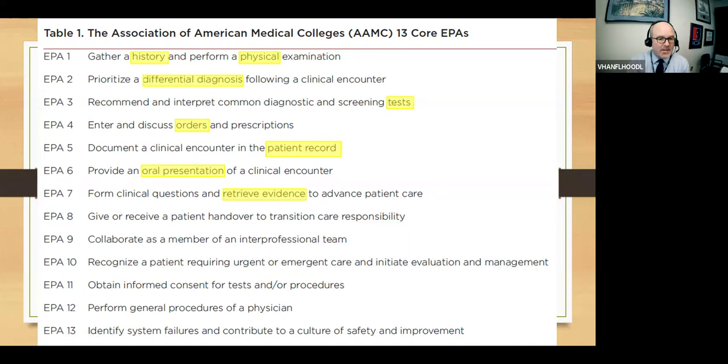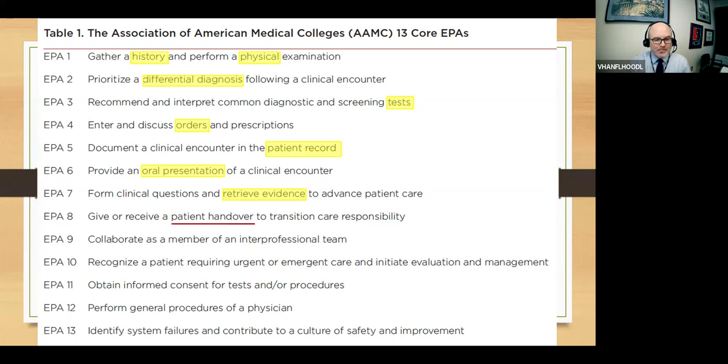Thanks. So they should have developed some level of independence and moving towards a graduated level of responsibility and taking an H&P, ordering, discussing tests, writing a note in the record, giving an oral presentation, doing an EBM search. The other ones, though, don't really typically have a home in the clerkship, and so it opens the idea that, well, maybe these are things that we can try to address in the acting internship if they're not addressed elsewhere